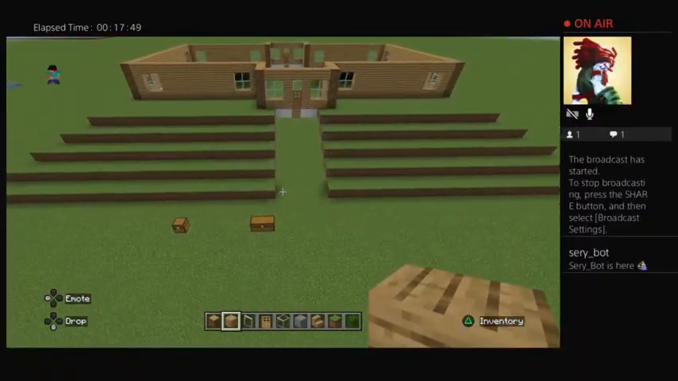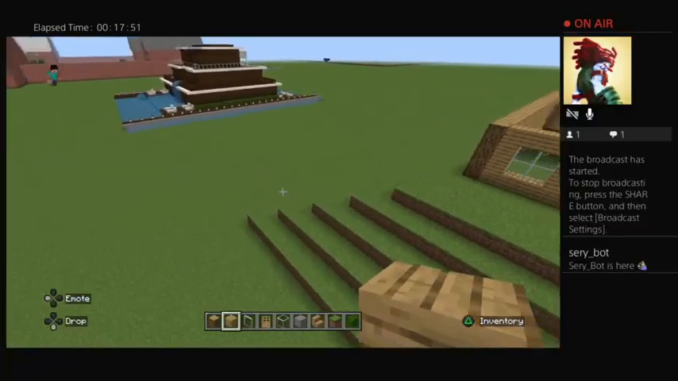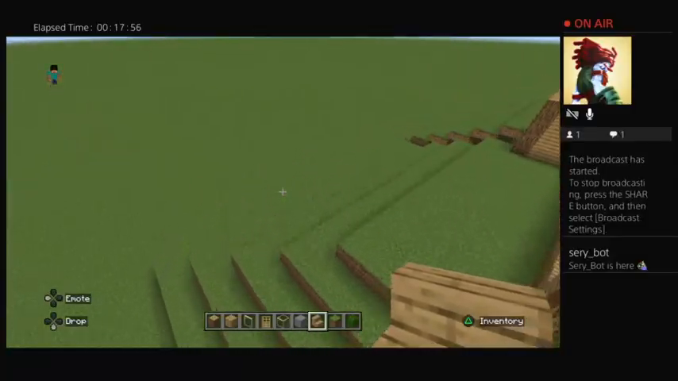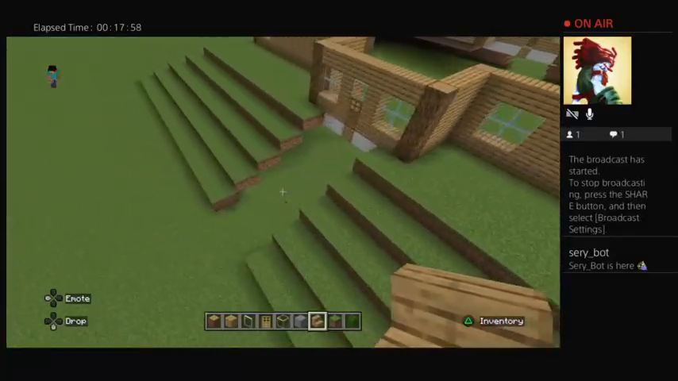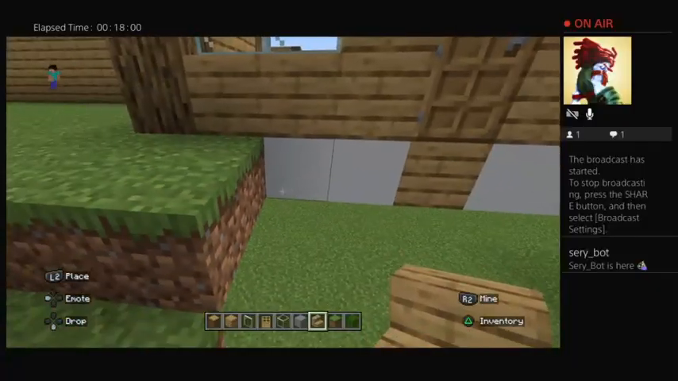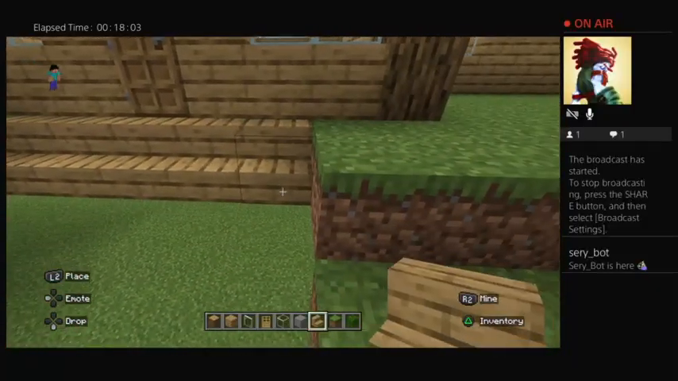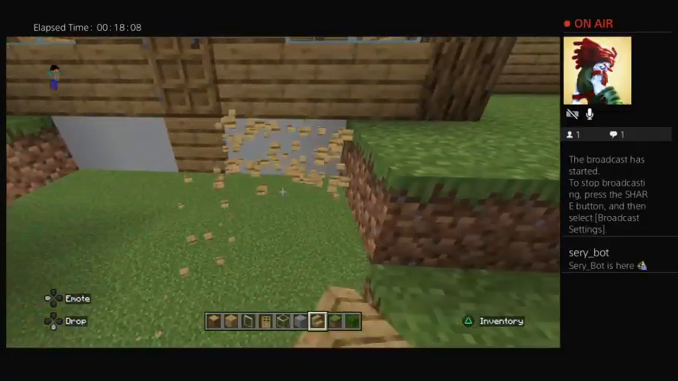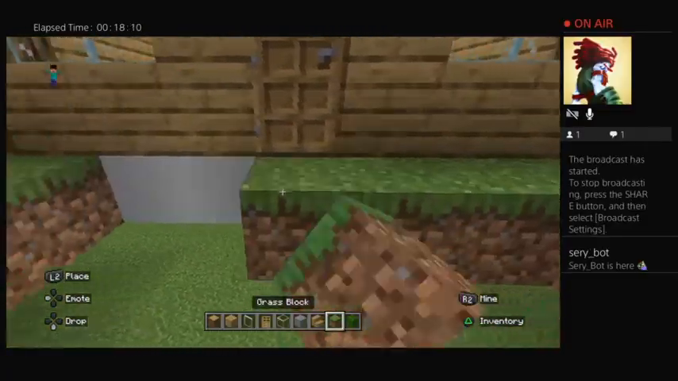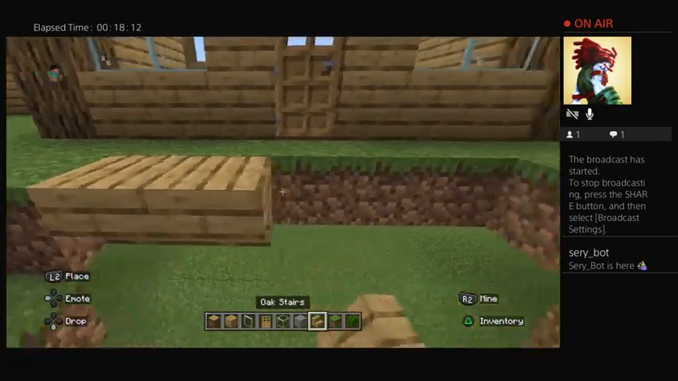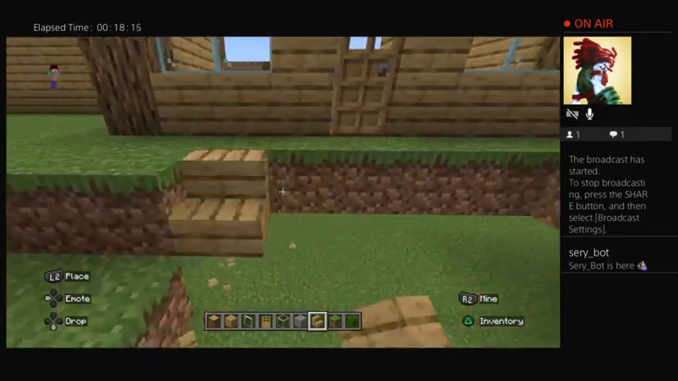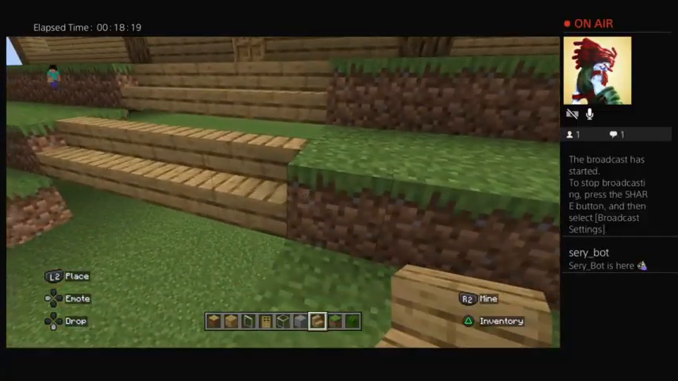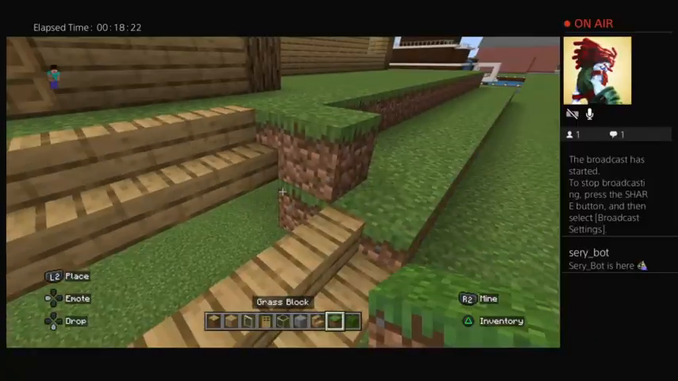Okay, before we continue on, I want to go ahead and make stairways going down from the actual